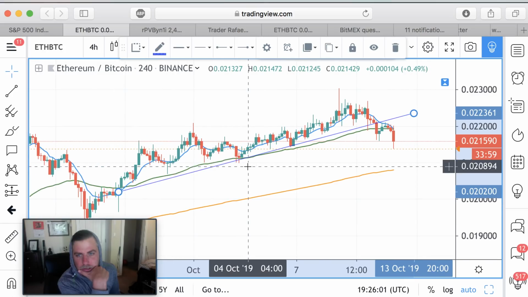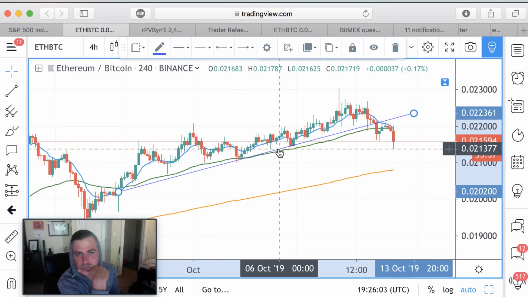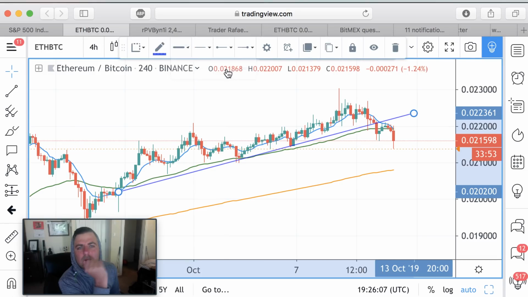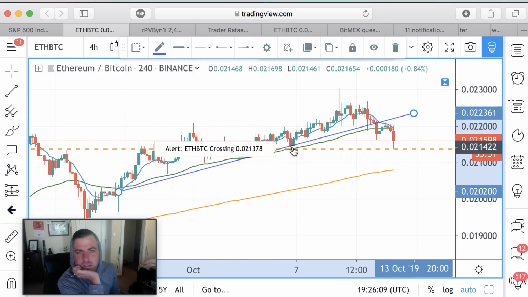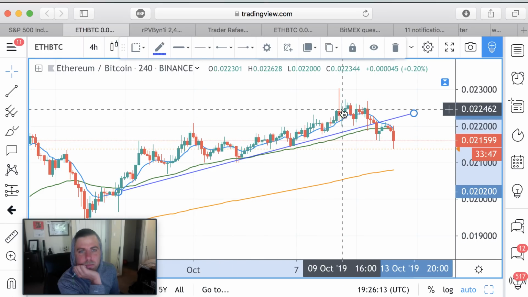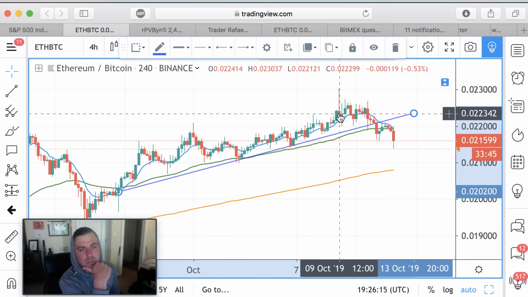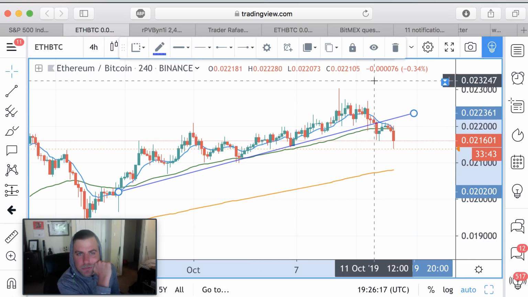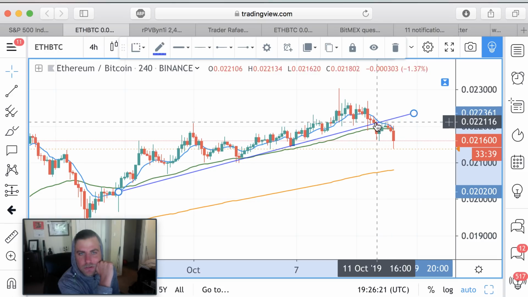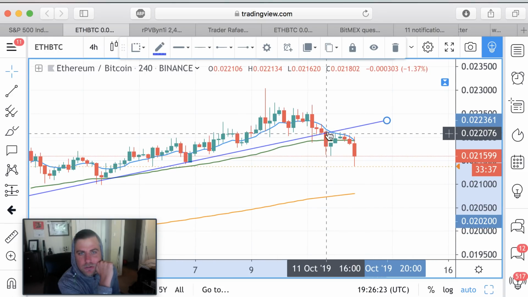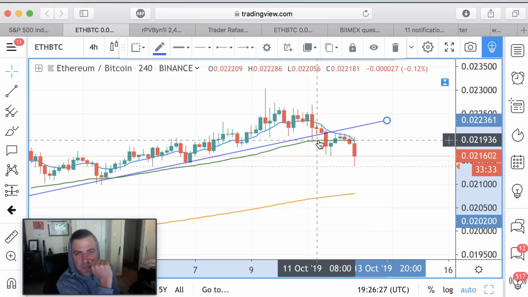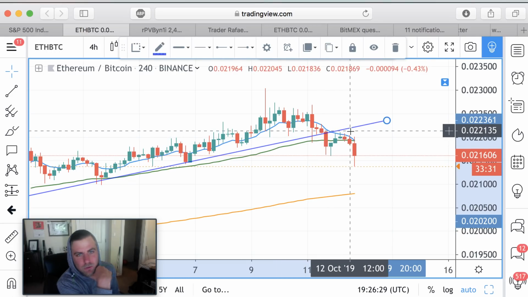But there is something to be aware of. There's multiple things. Right here we had this trend line, real nice. Price just creeping up, creeping up, creeping up, getting ready to potentially make a big move to the upside. If not, then look out below. So we broke down this trend line here. Also got a close below the 50 EMA,